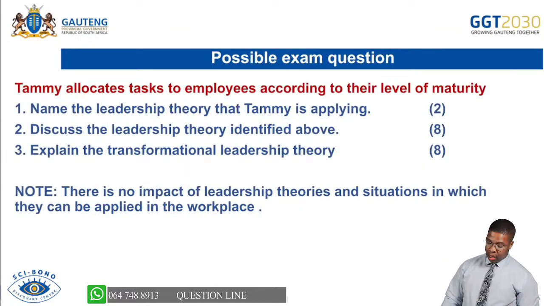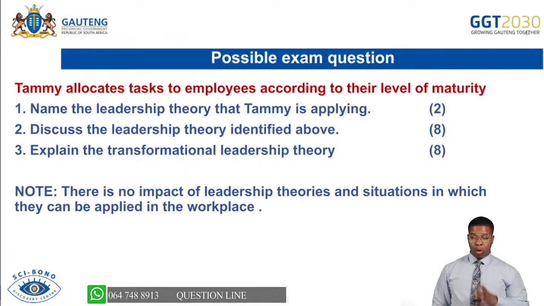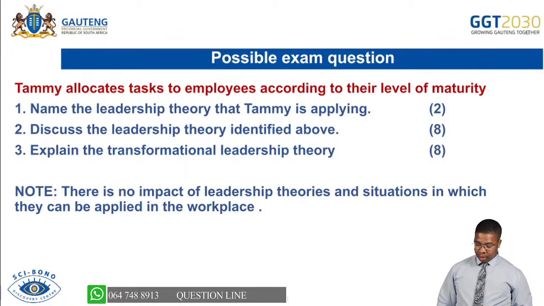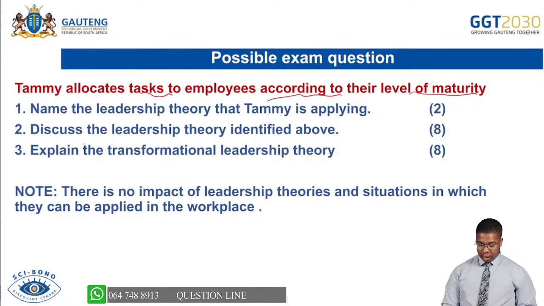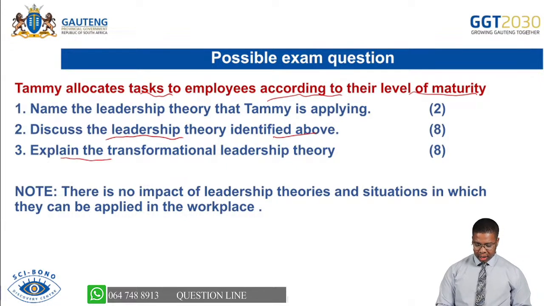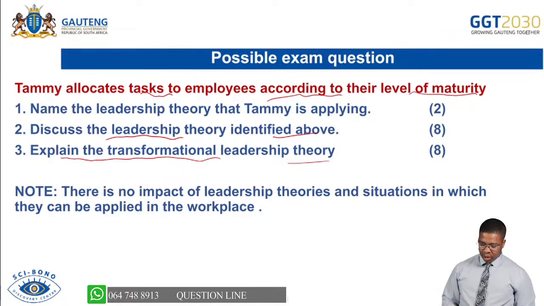Now, another possible question could be on leadership theories, where they say: name the leadership theory that Tammy is applying. They are saying here, Tammy allocates tasks to employees according to their level of maturity. Therefore, it's clear that Tammy is using a particular theory to help him make such a decision. Another question says, discuss the leadership theory identified above. And another one says, explain the transformational leadership theory for 8 marks. Understand that when we are talking about